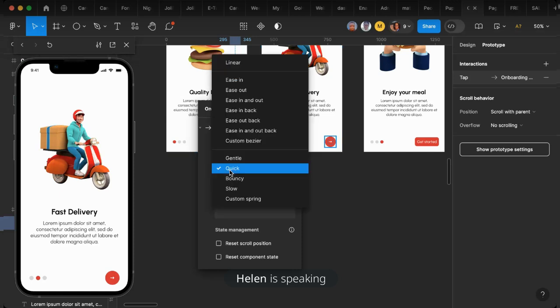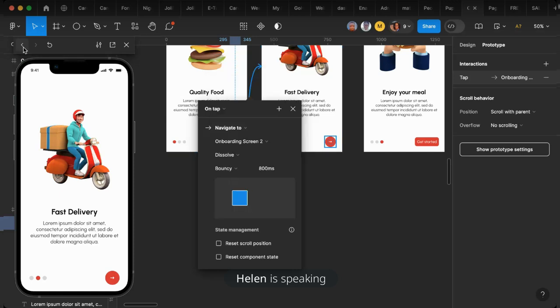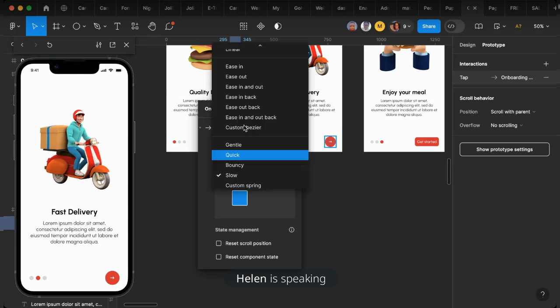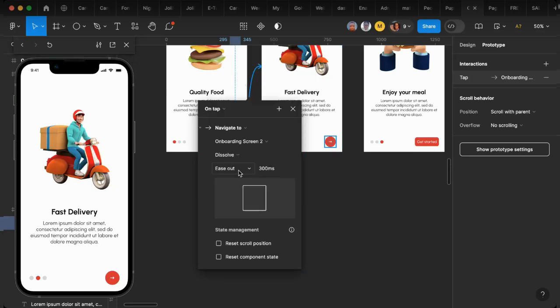Then let's move to bounce. You can do it bounce. No, this is actually not fine. You can do it slow. I think I'm going with ease out, and I'm going to make it 500 milliseconds, which is actually perfect when